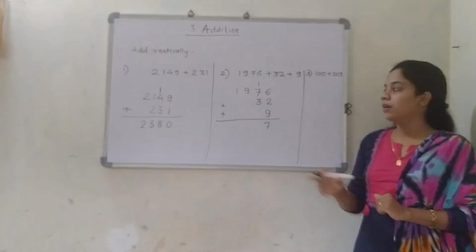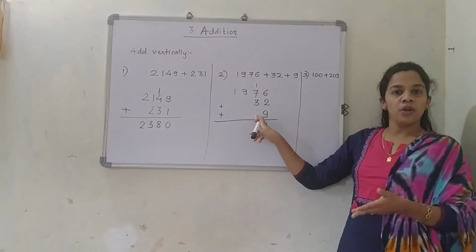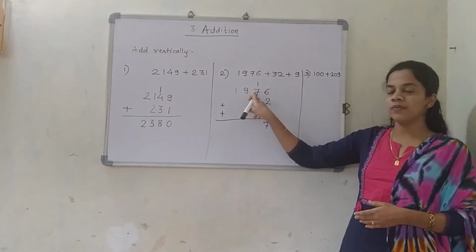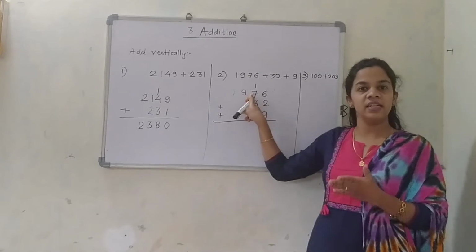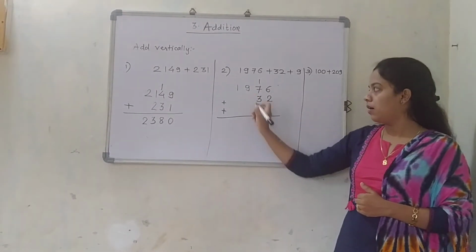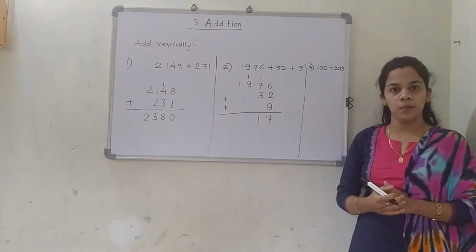Now just check. There is no number present over here, so we are not going to count anything. We are going to start from here. 3 plus 7 is, yes, what is 3 plus 7? It is 10. And 10 plus 1 is 11. So we are going to write 1 over here. 1 will be carried forward over here.